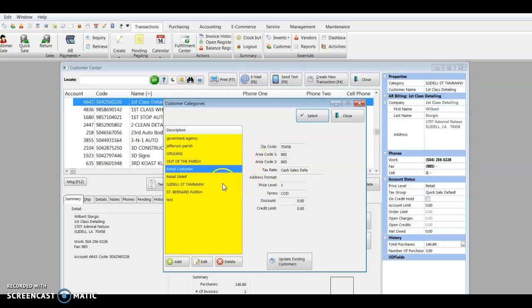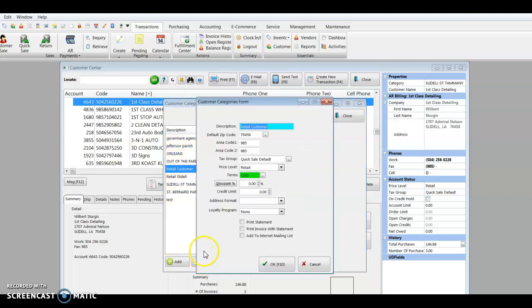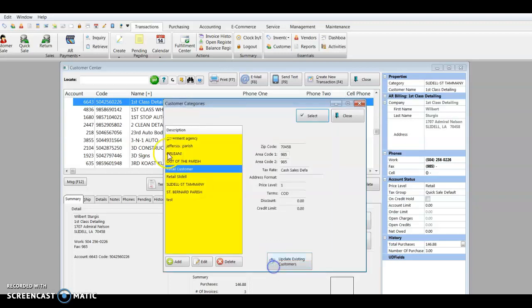Okay, well, I just looked at something in categories. I think we've been using it all wrong, so I created an account that says retail customer, and I think that's how it's supposed to be applied because it will say default zip code, phone number, quick sale, retail. In your case, it'll probably say what store it goes to, terms, credit limit, all that stuff, print statements or not. And so you would assign a new customer that category